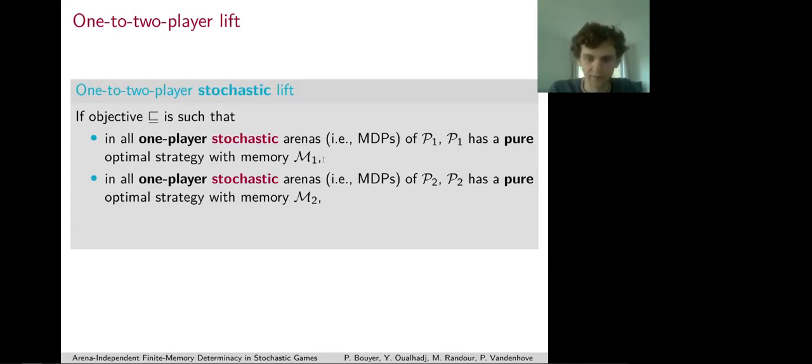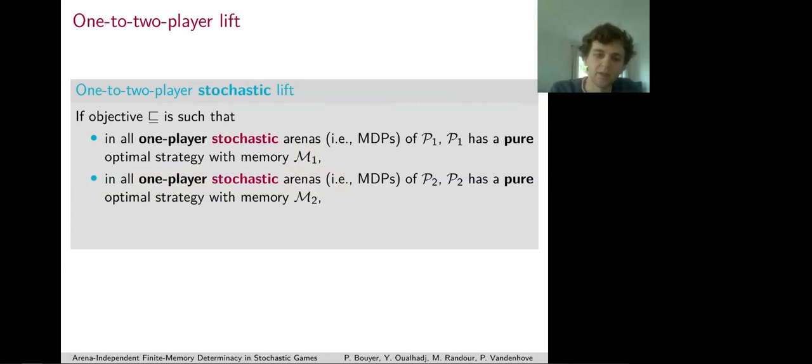And the hypothesis is about the sufficiency of a single memory structure, which can be different for player 1 and player 2, so M1 for player 1 and M2 for player 2. And the hypotheses say that these memory structures are sufficient for these players to play optimally in all their own one-player arenas with pure